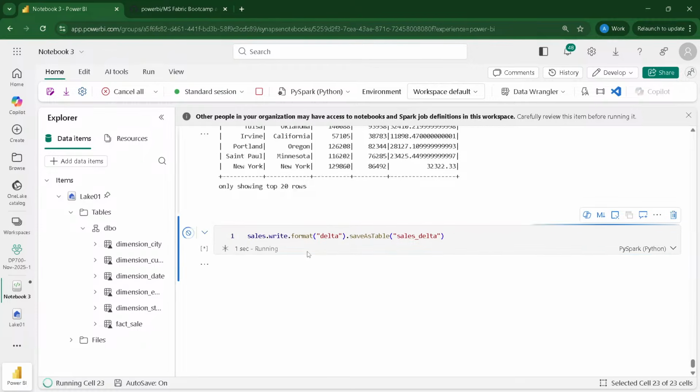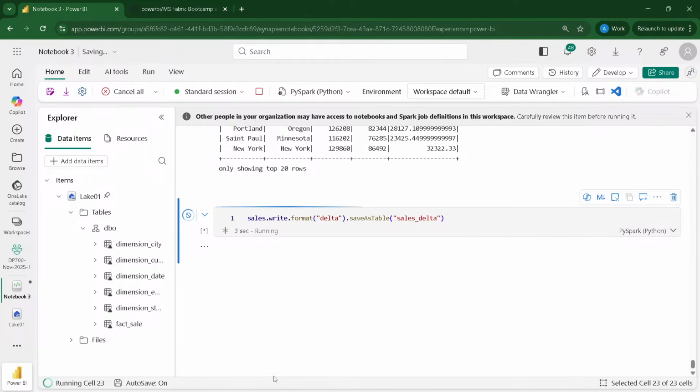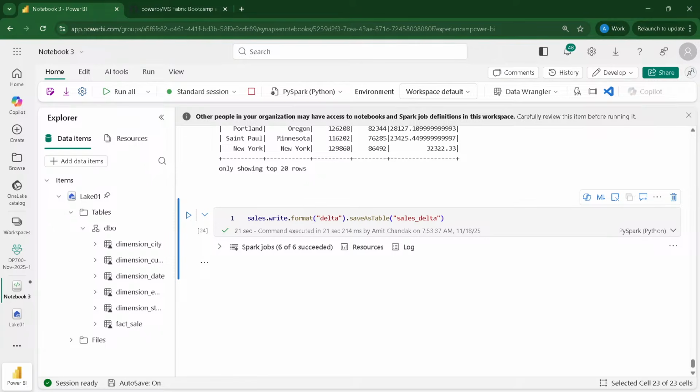Let's run this, save the table in the Delta format. So it's saved, and I'm going to tell you one more method, and then we are going to check both of them out.